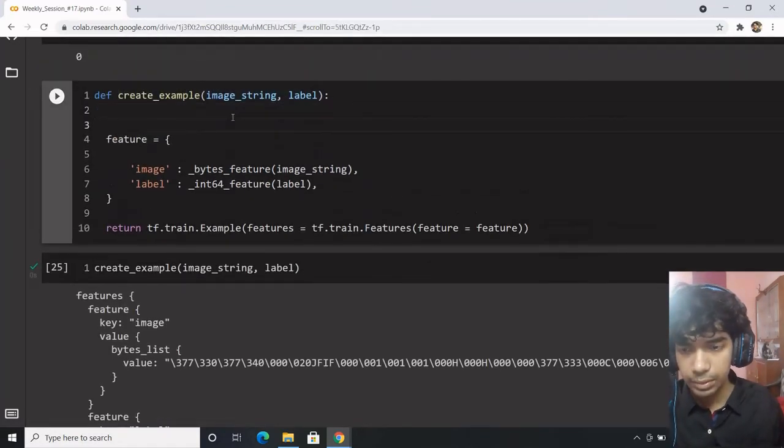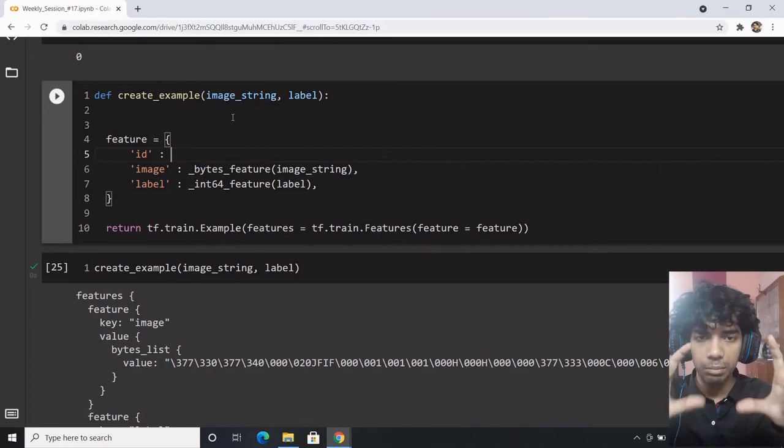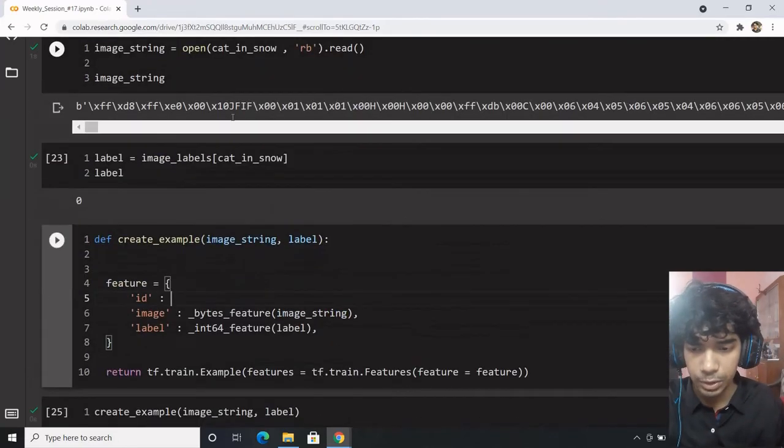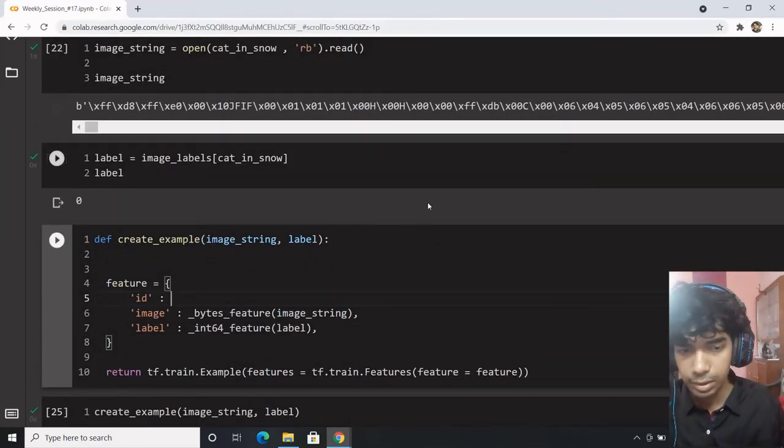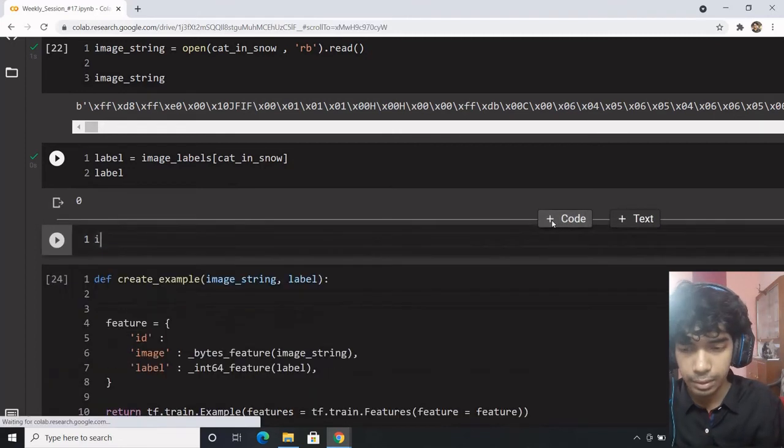Now what they are trying to say is, let's say I also add another feature, let's say ID, which talks about the unique image number. Let's say I have my image number as 0 or 1.